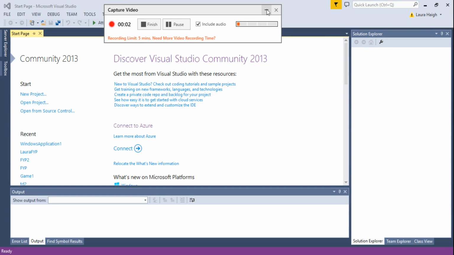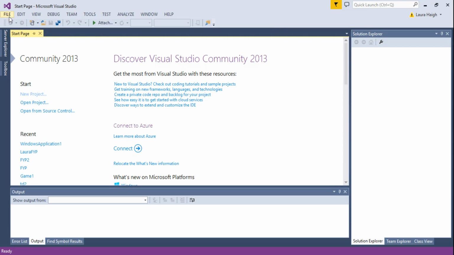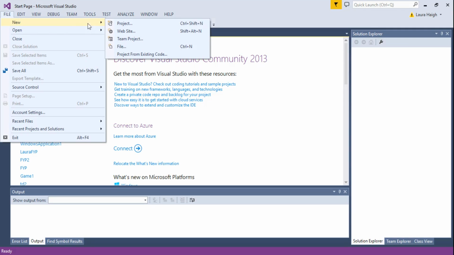Hello, my name is Laura, and what we're going to be doing today is making a simple grade calculator in Visual Basic. So what we're going to do first is create a new project,